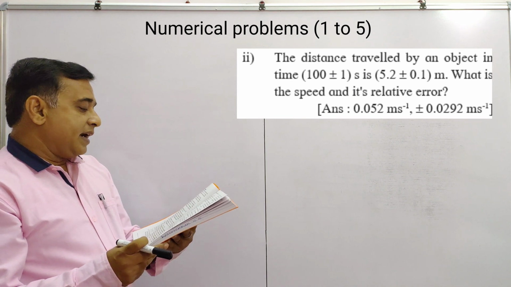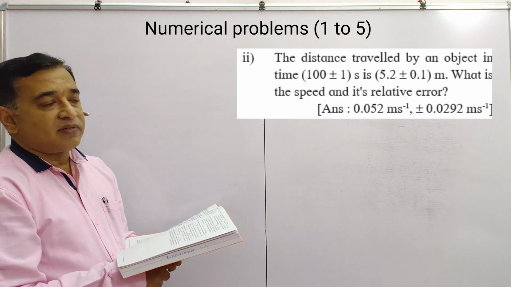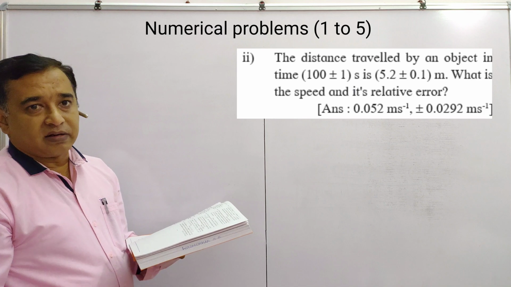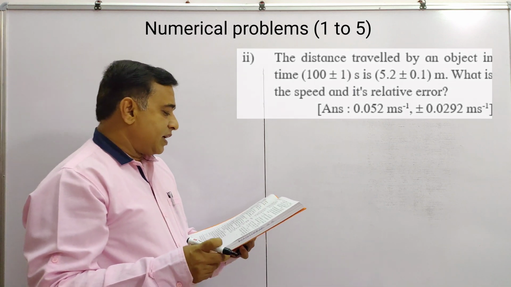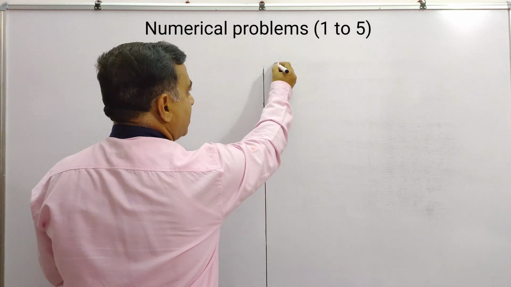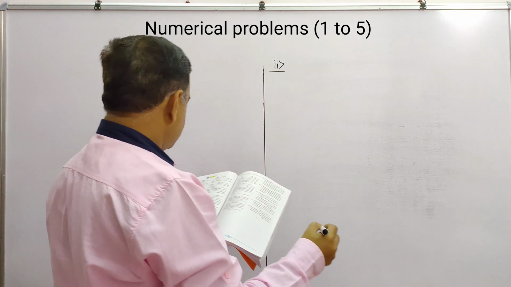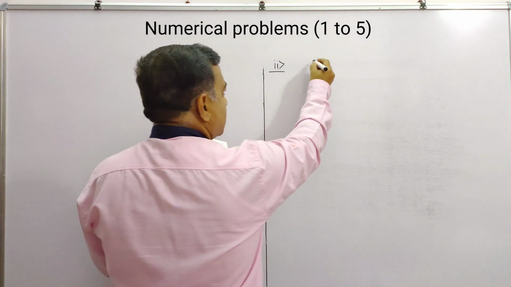What is the speed and its error? So how to get that error? In the last video we saw how to get that error. But here we are going to get the distance. I'm going to write what is given. So accordingly, here is the unsolved one from the board book. Here it is, the distance.